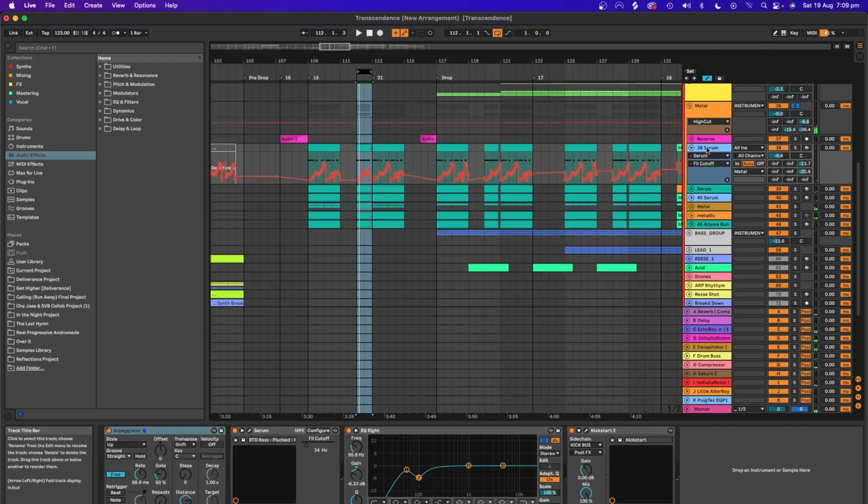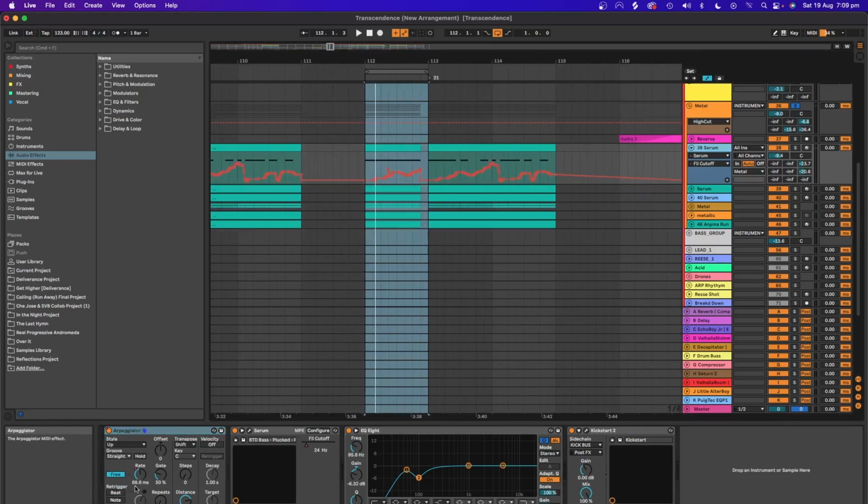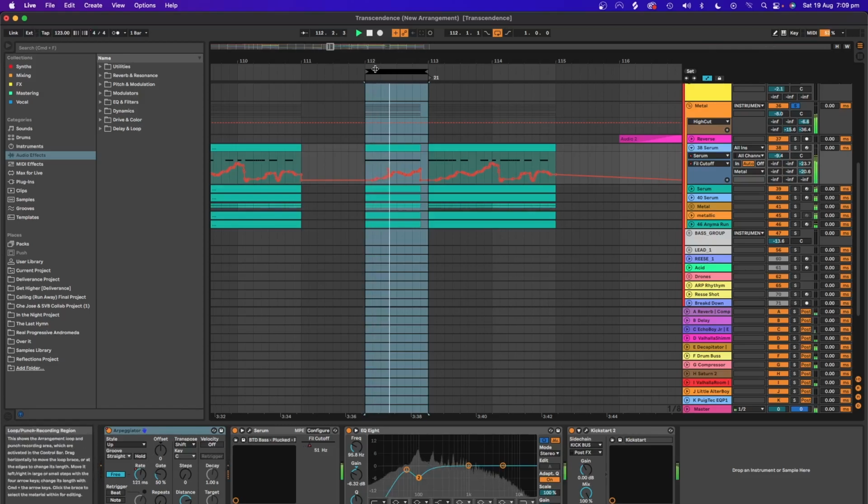And all that really is, if you don't know how to, this is actually really simple. It's just using an ARP and setting the rate to free mode. As you can see here from the bottom left, changing the rate amount or automating the rate. So if you look at the rate knob down here, you will see that it progressively opens up and closes up. And that kind of gives you that wind up sound.